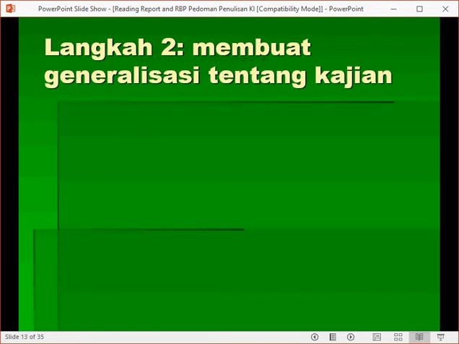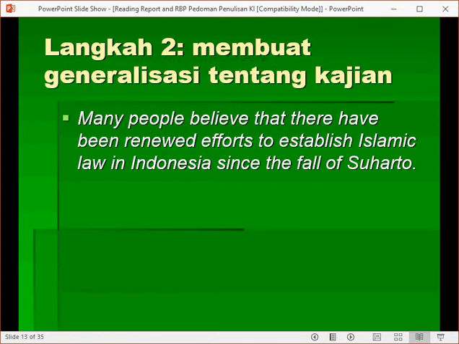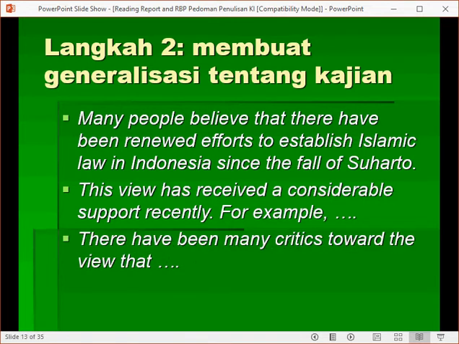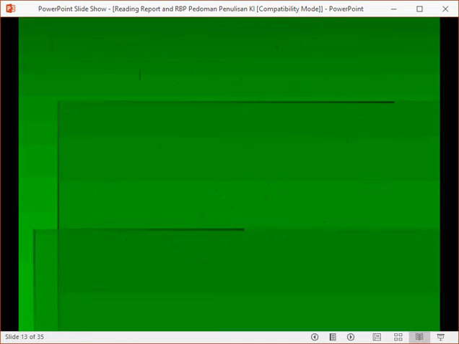Okay, the second step is to make a generalization of the study. For example, many people think that there have been renewed efforts to establish Islamic law in Indonesia since the fall of Suharto. This view has received considerable support recently. For example, blah blah blah. There have been many critics of the view that,